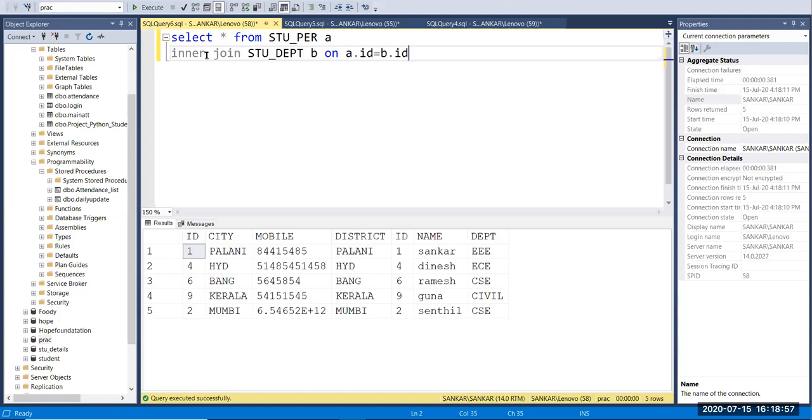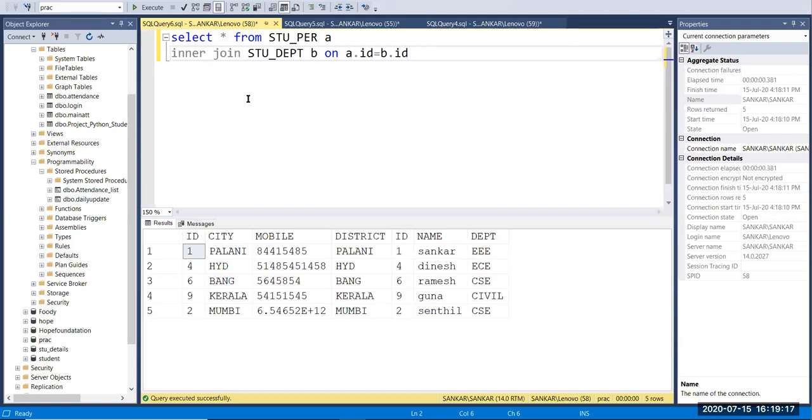Next we'll see the left join. Left join takes the left side table as the reference table.